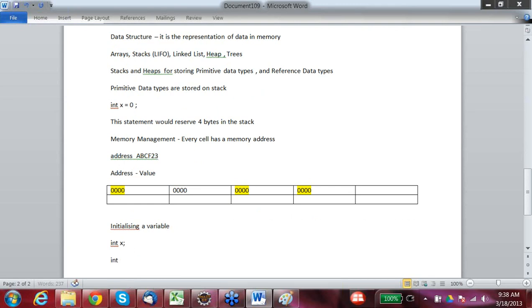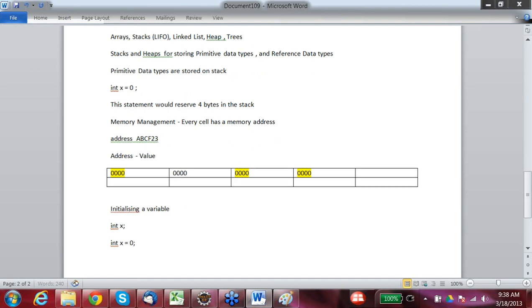When I say int x is equal to 0, that means at this particular address, the value 0 is stored. It is initialized. Initialize means the first value that has been assigned to that variable. Okay. Is this clear?